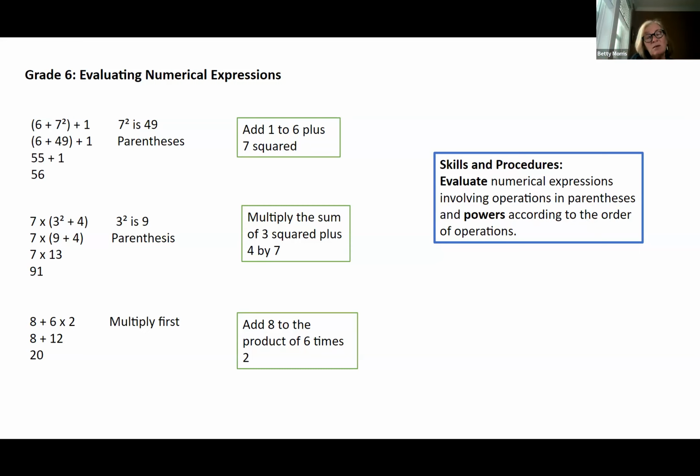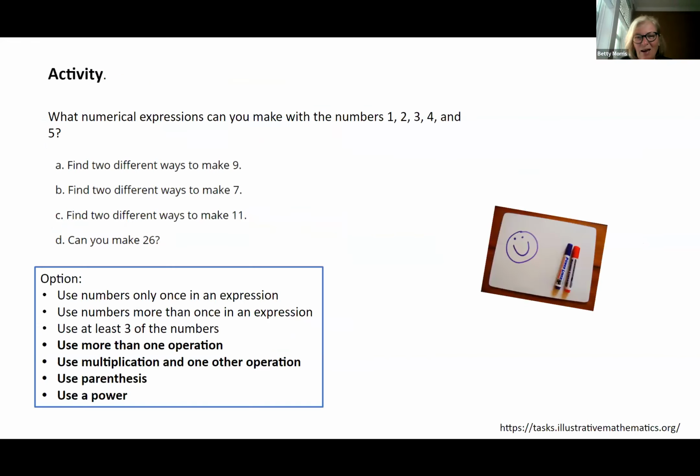And that's the beauty of it going slowly. I apologize, I'm talking so fast to go through this. Okay, and now I'm just gonna, we're not gonna do this, but this is the same activity I showed you earlier, but you can see now into grade 5 and 6, I added options. So I can do the same thing. I can change my numbers if I want, but now I can say, use parentheses, use a power. I can see that I've got some errors there that have to be fixed. I was trying to do this quickly.